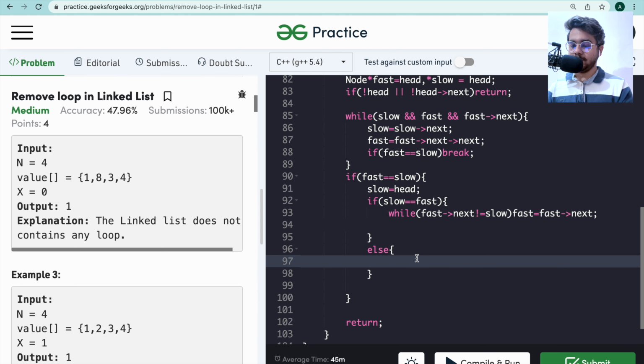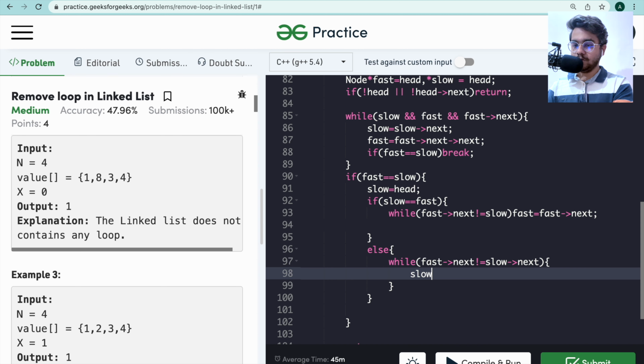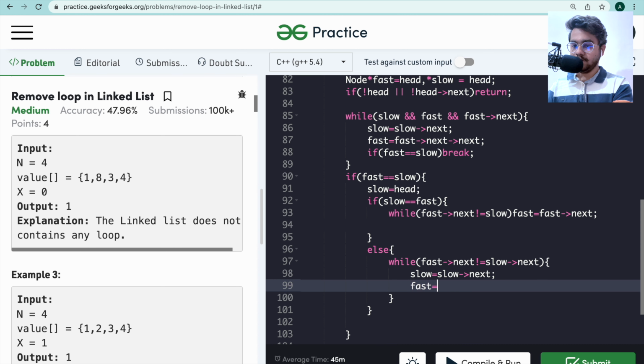Else, while fast is not equal to slow, and fast next is not equal to slow next, slow will move by 1 step, and fast will also move by 1 step.